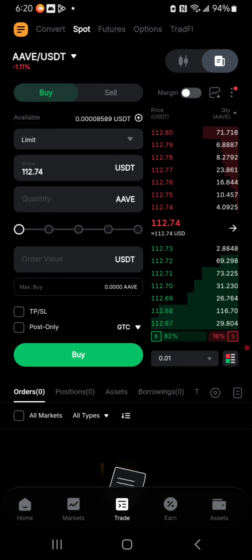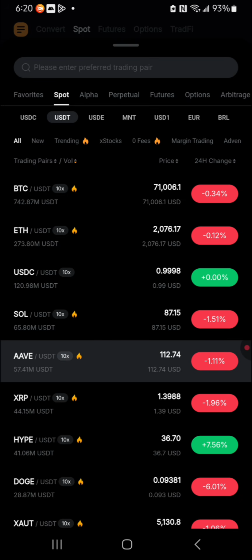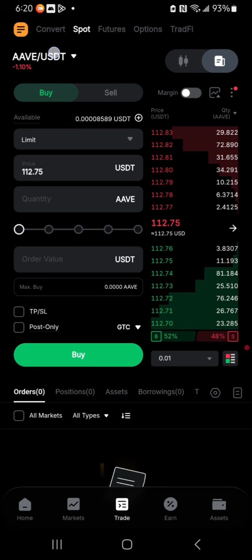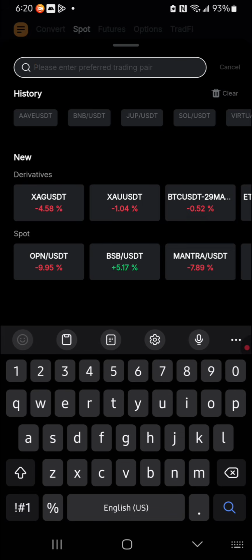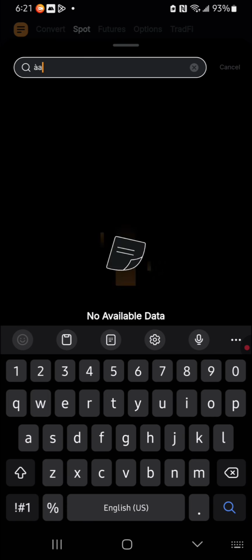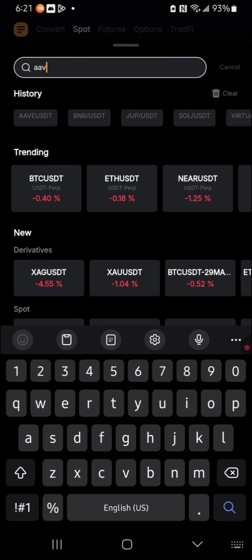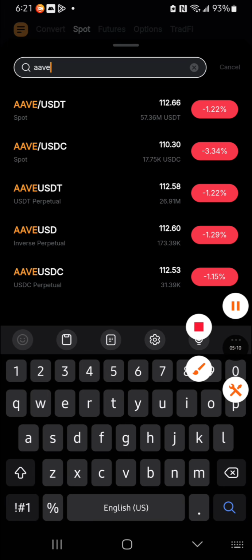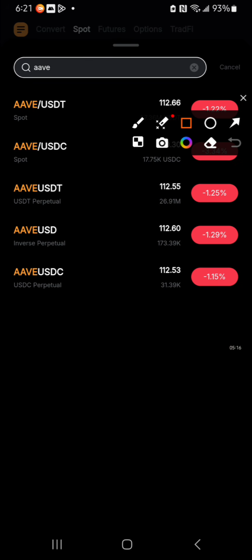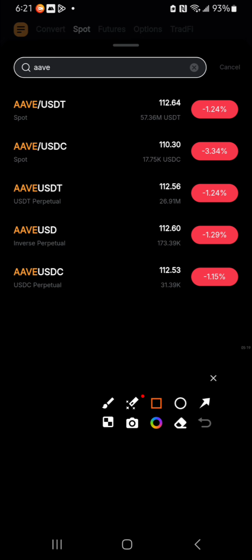To spot the opportunity, you will need to search for it manually using that search button right after clicking on the cryptocurrency icon there, and then you search for AAVE. Once you've made that quick search, you get to realize that we have different AAVE pairs here. We have this one called, if you look closely, USDT. We also have this one called